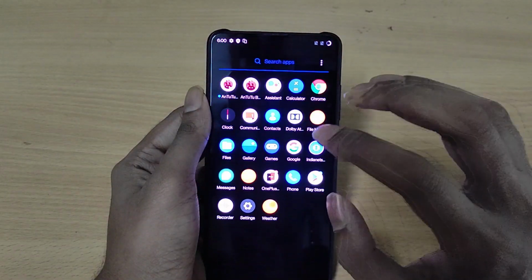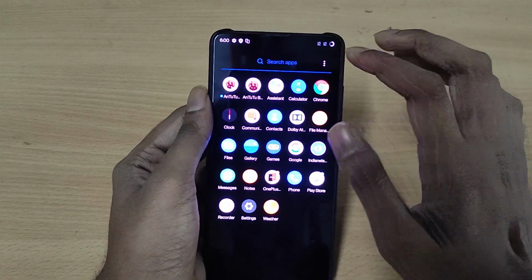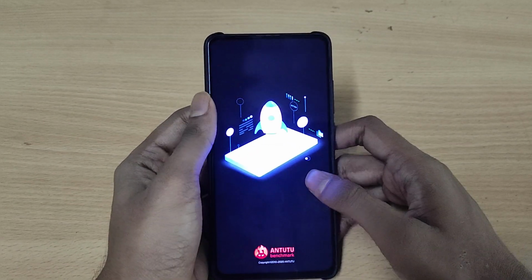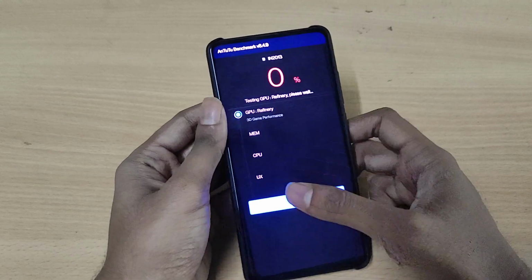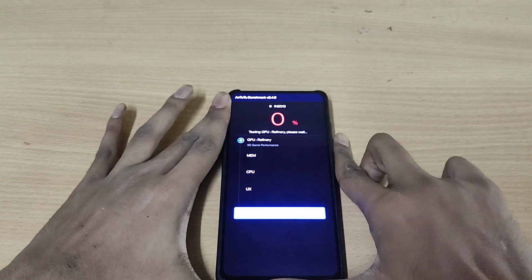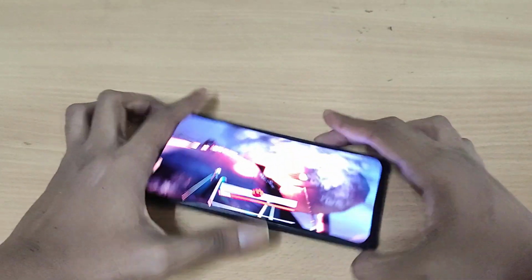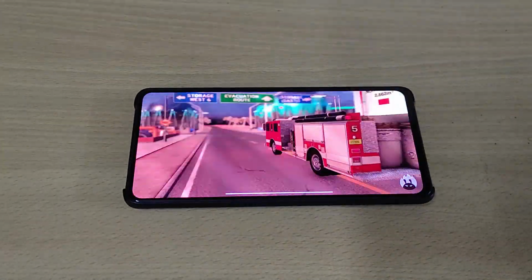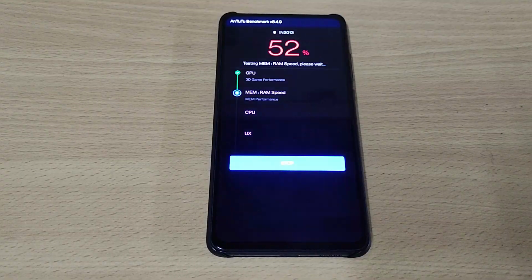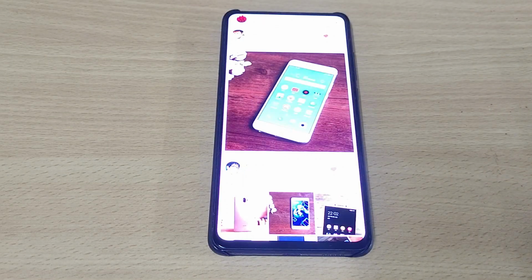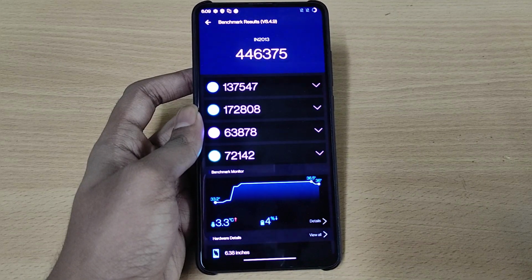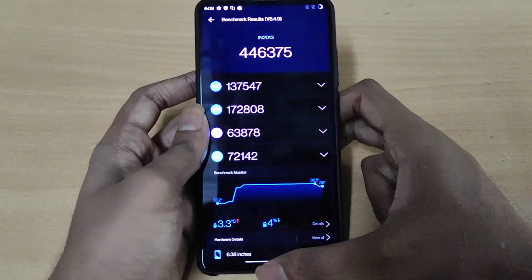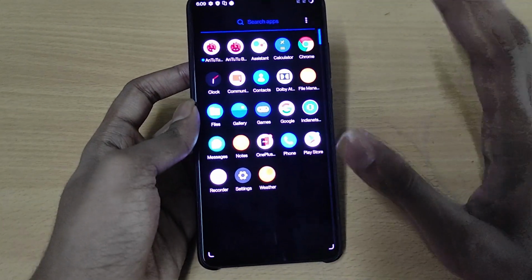So yeah, now let's do the Antutu benchmark test and let's see how well this phone performs. So as you can see, the score is around 446,000. So it's not bad, it's still a decent score for the OnePlus ROM. So anyways,